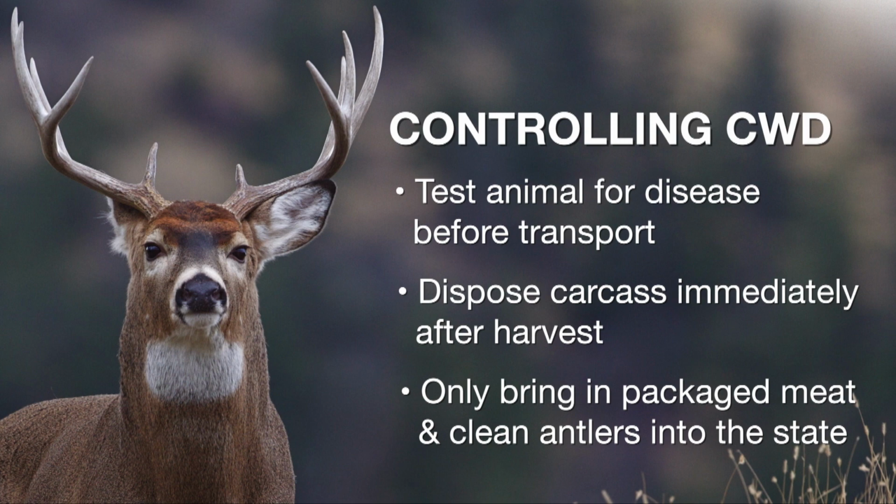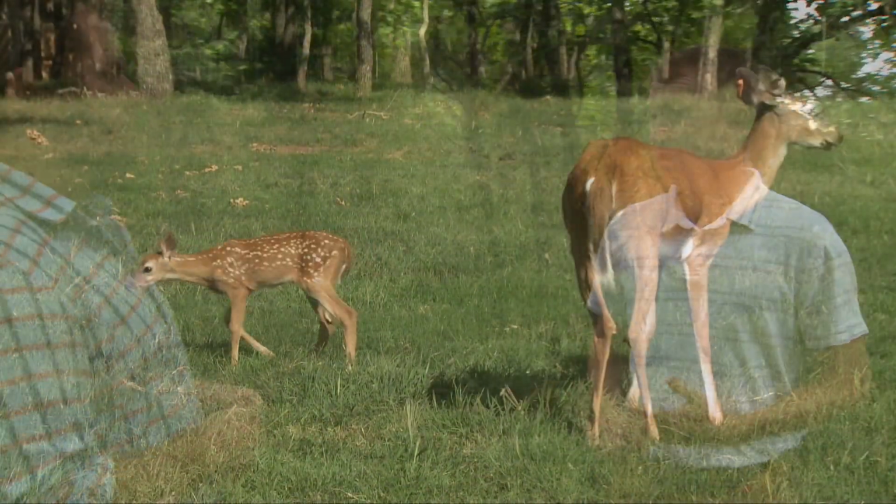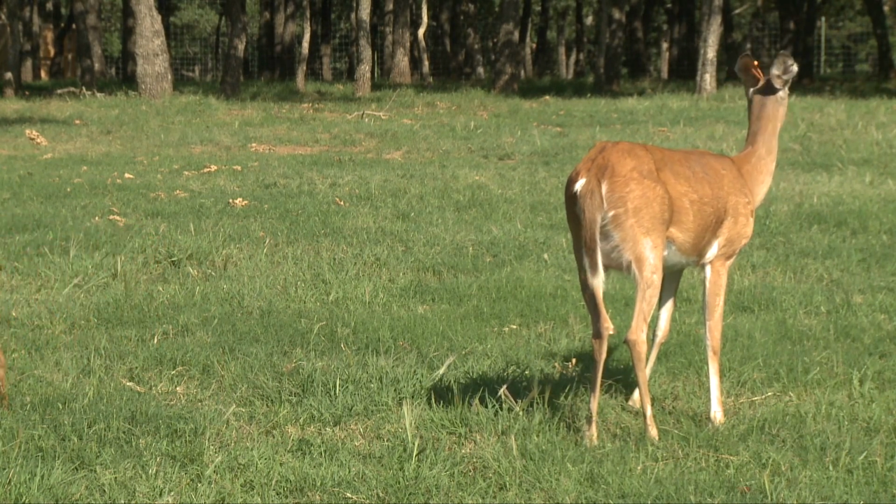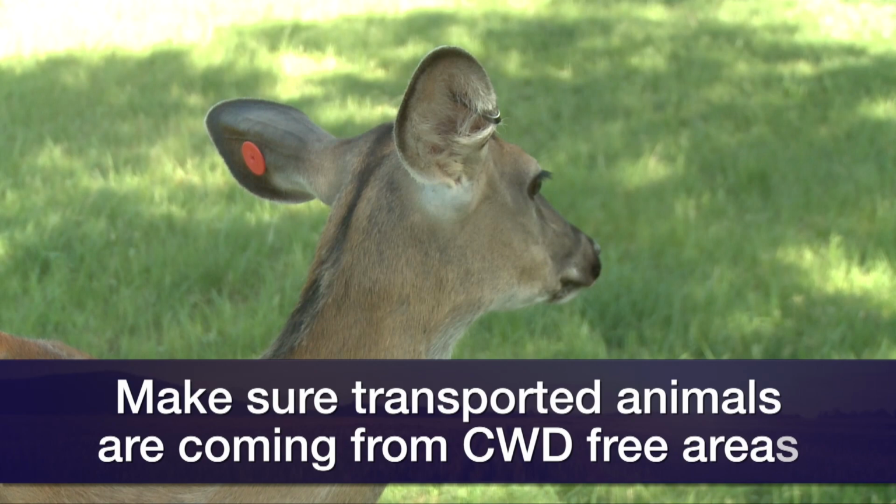The second thing is how we move live deer around. Right now, Oklahoma does not restrict live deer from being transported within and between states, but you do have to fill out certain paperwork, and that's regulated by the Oklahoma Department of Agriculture, Food, and Forestry. So that is something we need to be vigilant about, to make sure that the animals being transported are coming from